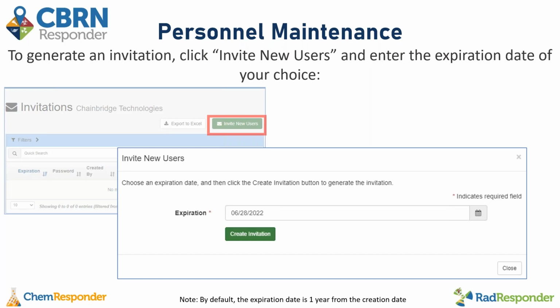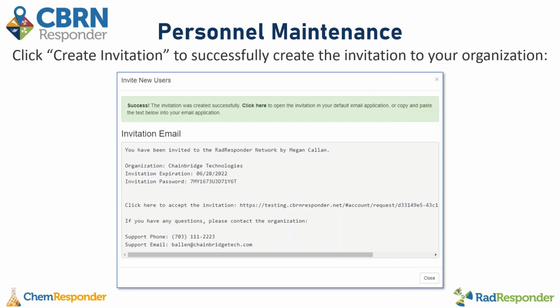and the only field you need to fill out, which is already pre-filled, is the expiration date. And by default, it does show the expiration date 1 year from the day you are creating it. And then all you have to do is click Create Invitation, and your invitation was successfully created. So here you can do one of two things. You can copy the invitation email and send it out to your users that you would like to invite,